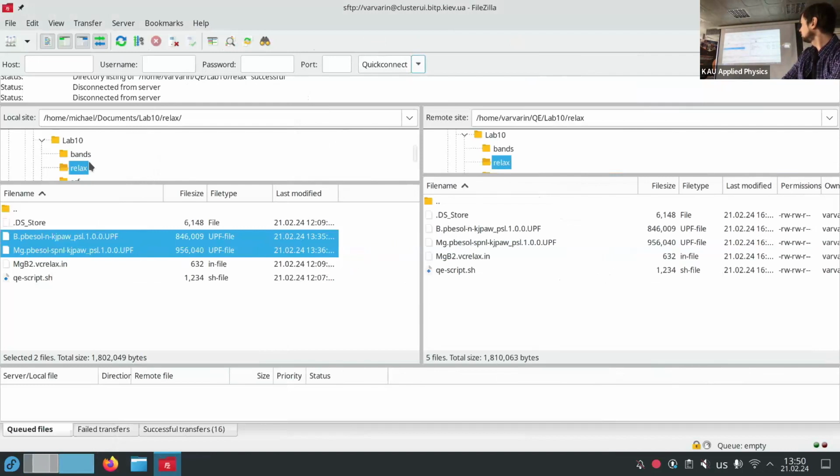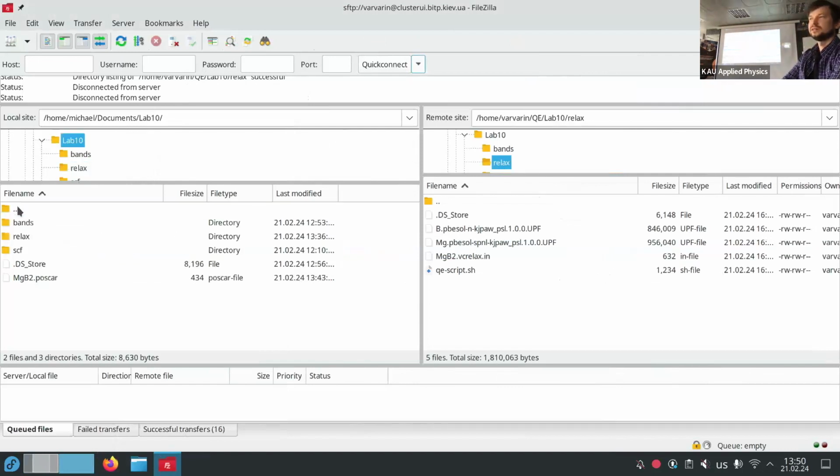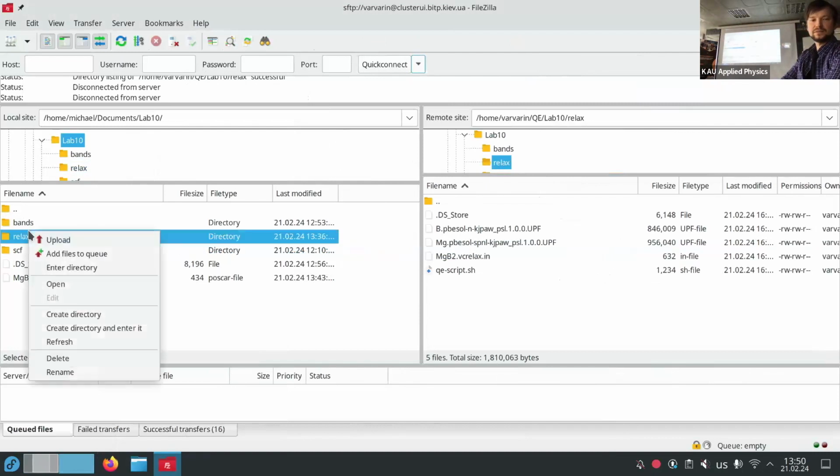If you want to copy the whole folder, you can just drag it, right click and upload. Which folder in the actual cluster? In whatever folder you want. If somebody used this account before, you can create an Igor folder, for example.